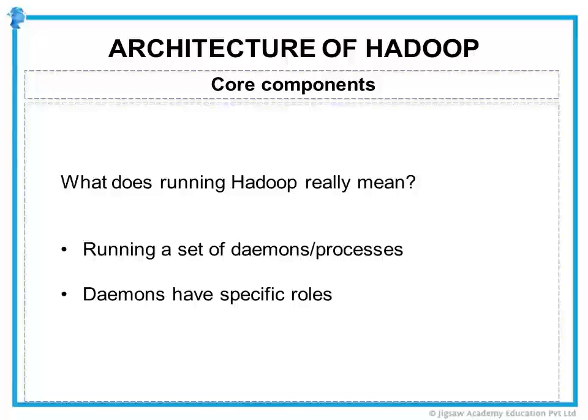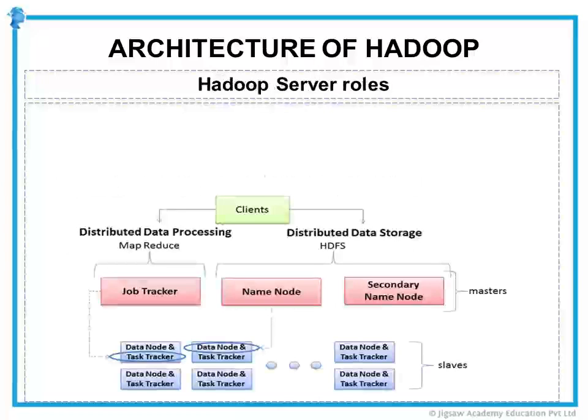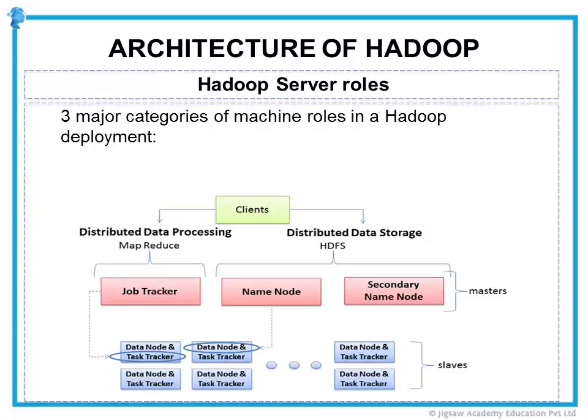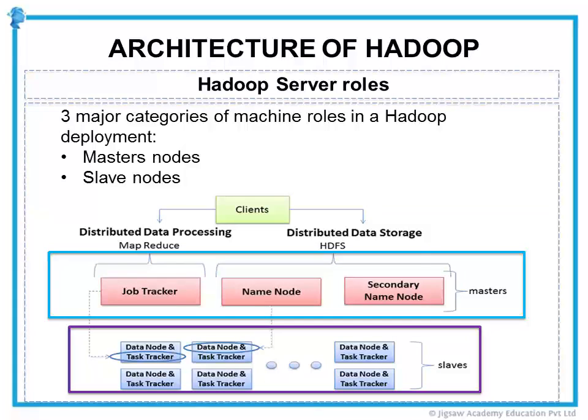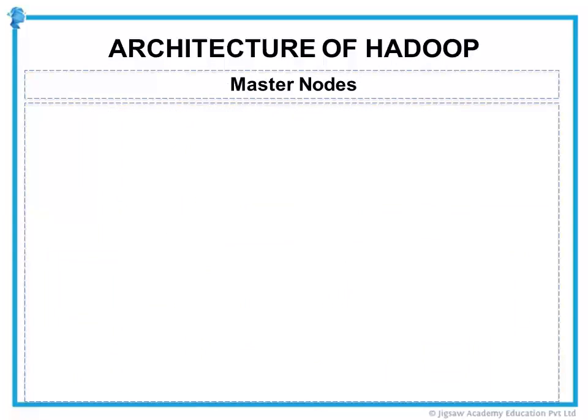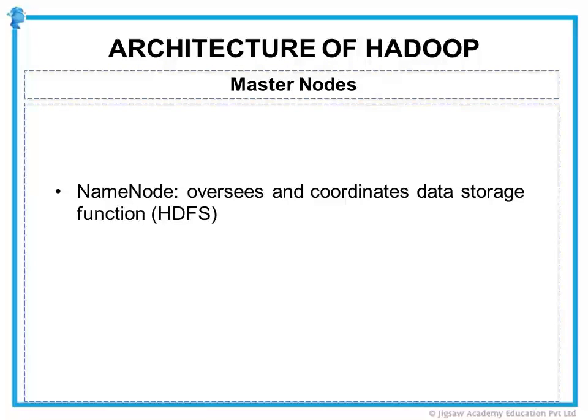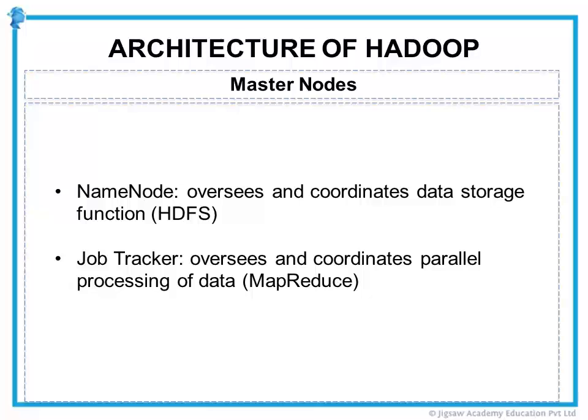And these daemons have specific roles. Some exist only on one server, whereas some exist across multiple servers. There are three major categories of machine roles in a Hadoop deployment. We have the master nodes, slave nodes, and then we have the client machines. The master nodes have two key processes running. Name node. This oversees and coordinates the data storage function and stores lots of data. This is the HDFS. Then we have the job tracker, which oversees and coordinates the parallel processing of data using